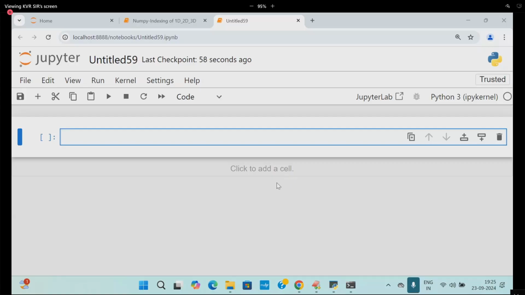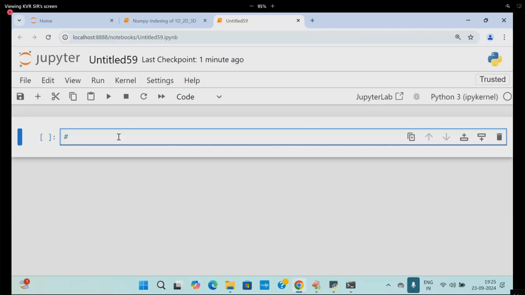Let us come to slicing operation on 1D. Import numpy as np.